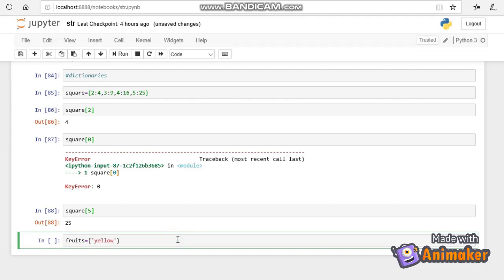Mango, green, grapes, red, strawberry. So this is also another dictionary I created.